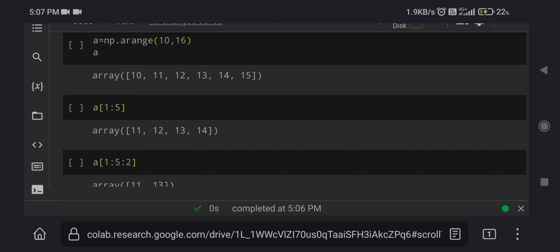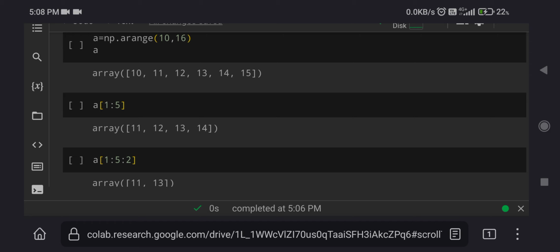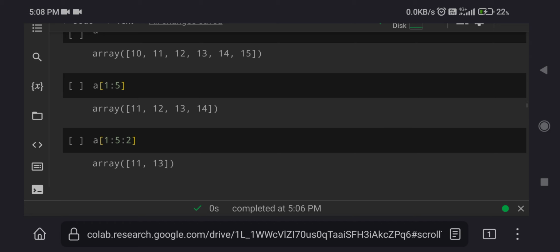Obviously the index of 10 is 0, 11 is 1, 12 is 2, 13 is 3, 14 is 4, 15 is 5. So we have chosen from index 1 to 5, and the element with index 5 will not be there. So 11 12 13 14 are printed.